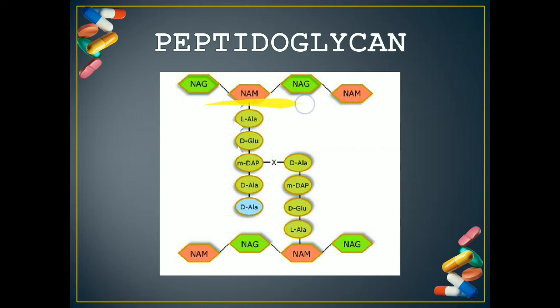So, the interlinking of these chains occurs with the help of a small bridge, a glycine interbridge. What is marked as X over here is actually a peptide interbridge, or a glycine interbridge, again made up of amino acids, which is going to cross-link the 2 NAG/NAM chains. In this fashion, several NAG/NAM chains have been interlinked with the help of this glycine interbridge. This is the structure of a bacterial cell wall.